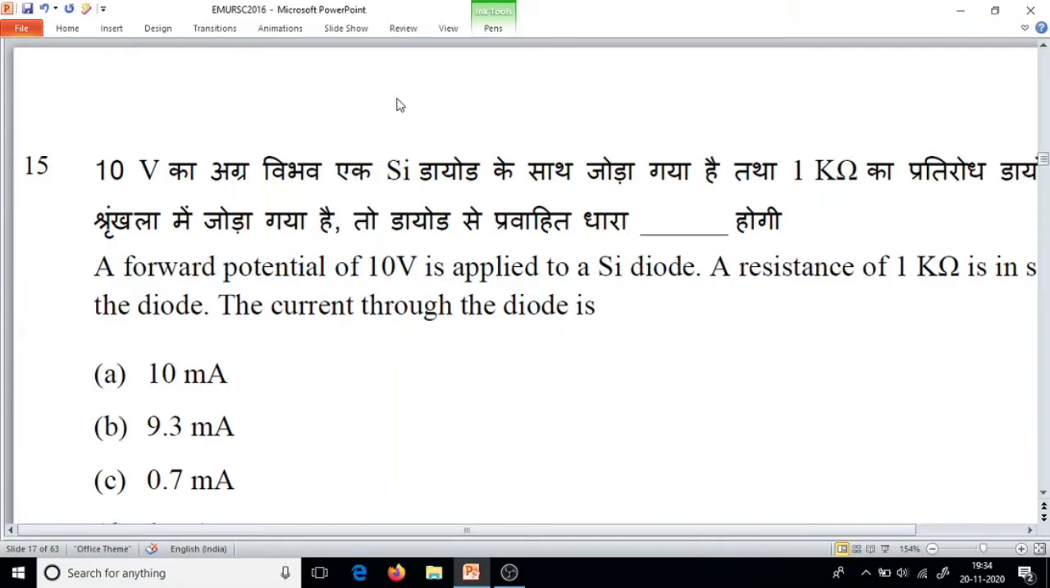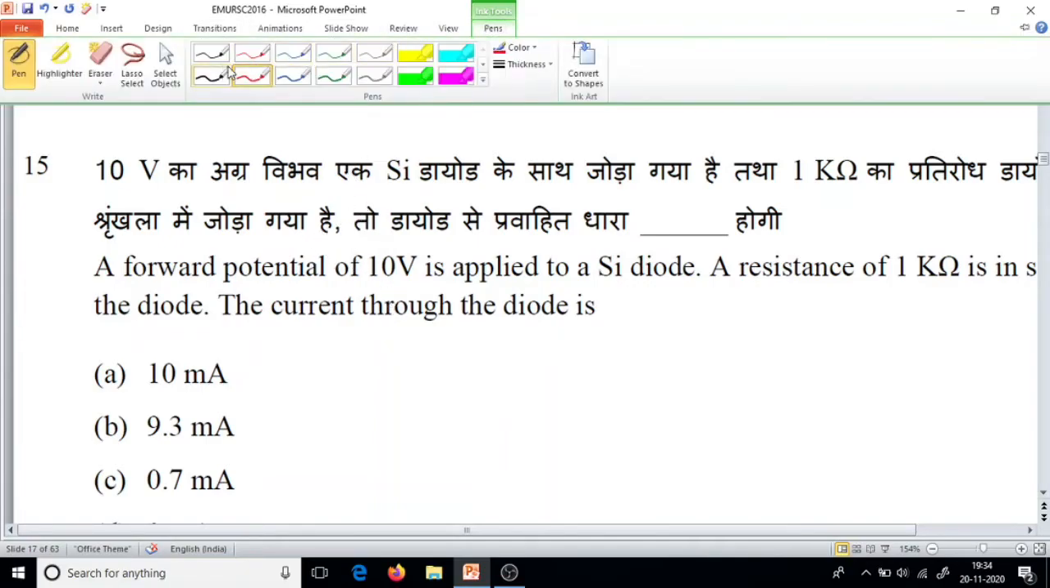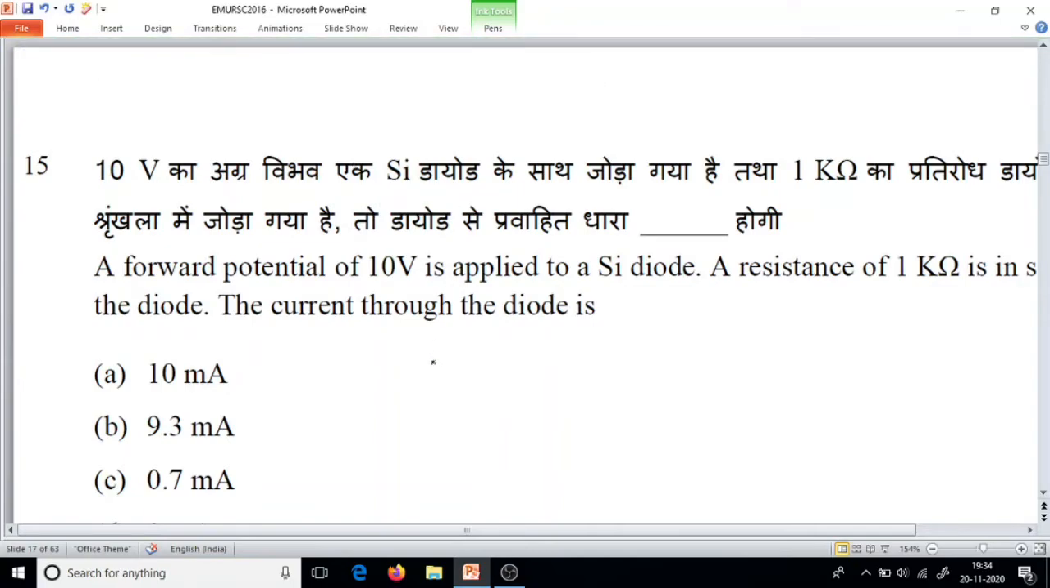Question number 15. A forward potential of 10 volt is applied to a silicon diode. A resistance of 1 kilo ohm is in series with the diode. The current through the diode is. So the question is,